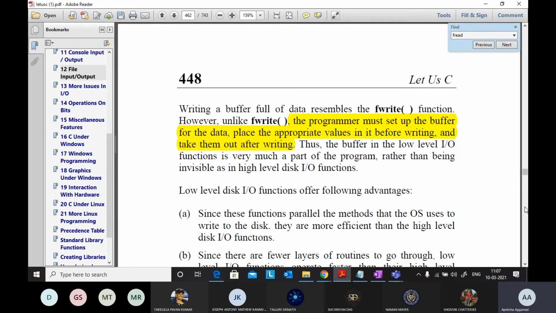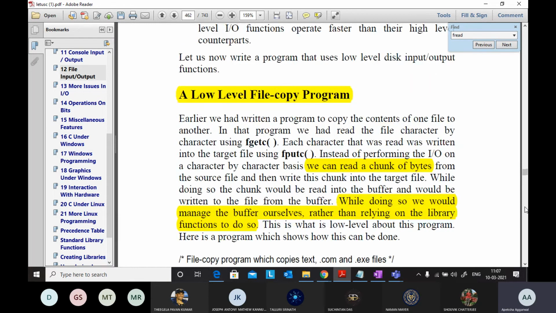Let's have a look. Up till now, we were reading a character and placing it character by character. In low level, whatever you are doing in your lab, you are reading the whole data at once. You are not doing it record by record or character by character. You take it as a whole chunk of bytes and copy it.